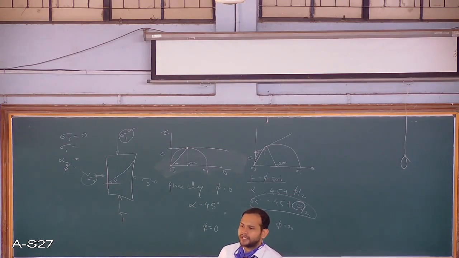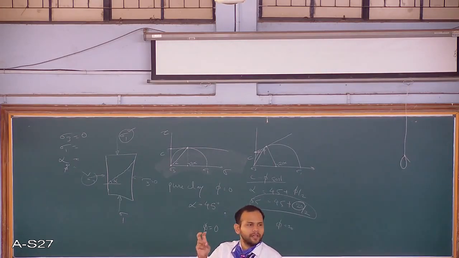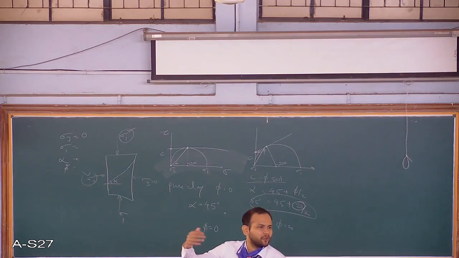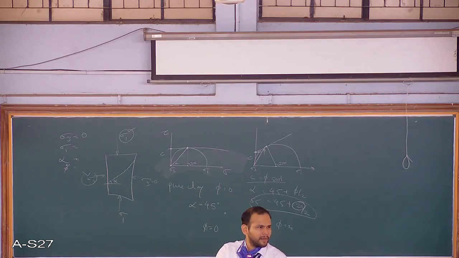If you see direct shear test, what does the word direct mean? Because you are directly finding out the shear parameters. That's why it is called direct shear test. But in the case of unconfined, you are indirectly finding out the shear strength. So we can name it indirect shear test or unconfined compression test. Finding out compression indirectly to get the shear. Ultimately, we always want shear parameters of the soil.